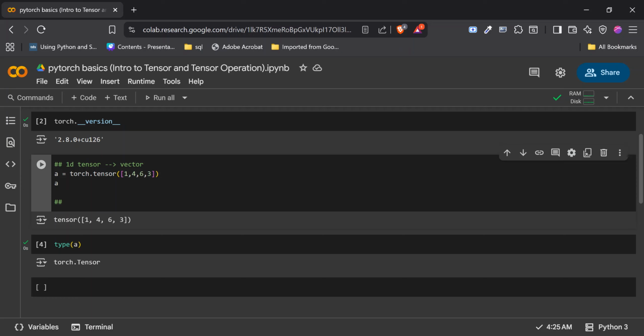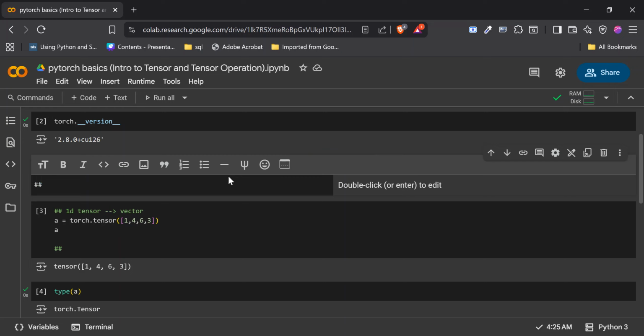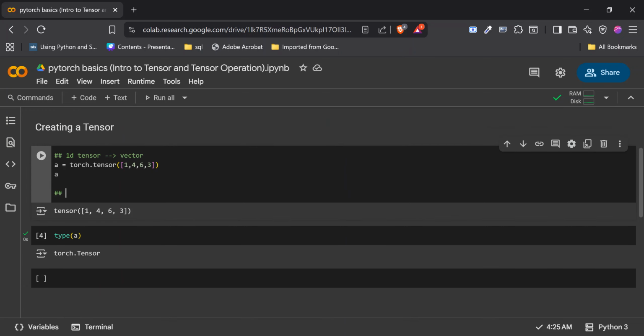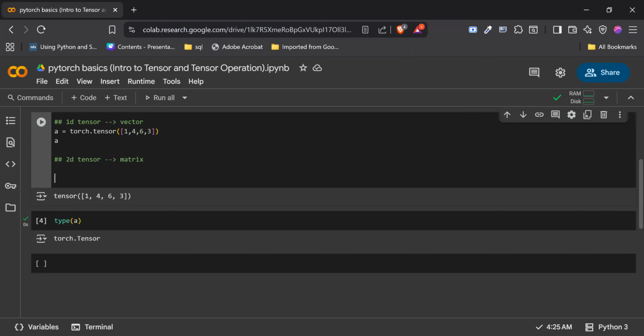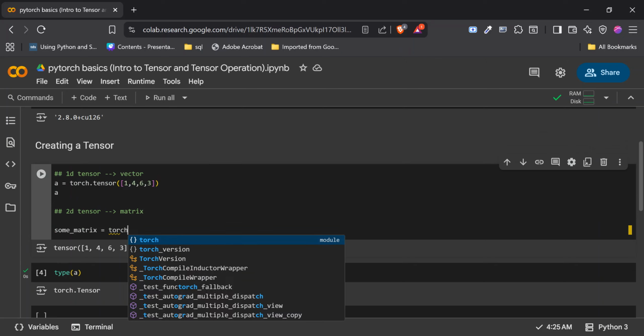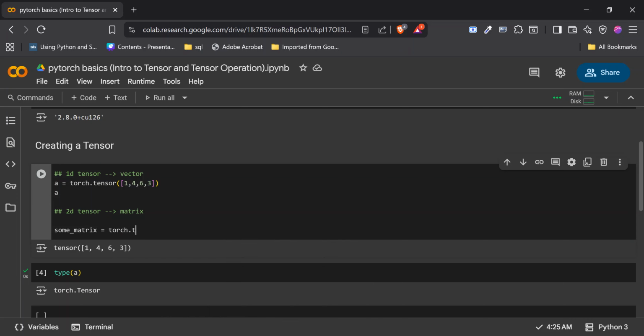Another thing that we can have is, okay, let's come here and add one more here, creating a tensor. So the second thing that we're going to add is a 2D tensor, which is basically a matrix. So we can say some_matrix, let's call it that. It's going to be equal to torch.tensor, excuse me,